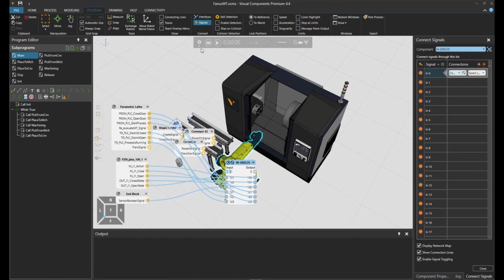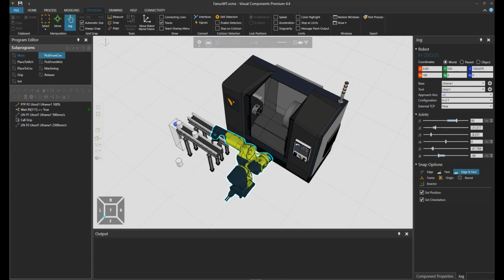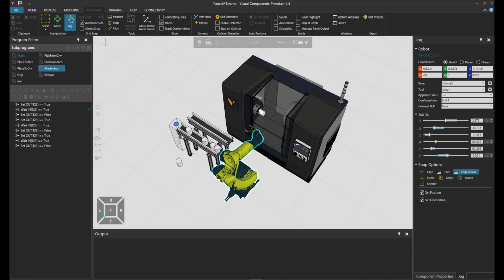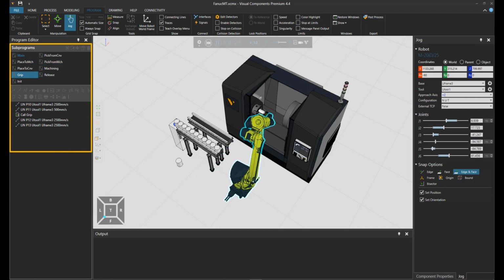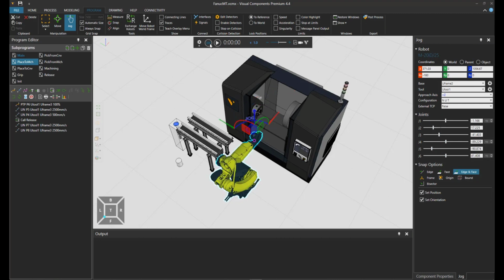We can now close the signal editor and run the simulation to see how the robot moves. So, this is the starting point of our exercise. Our goal in this exercise is to verify the FANUC robot program made in Visual Components by post-processing it and running the program in RoboGuide. While we run the program, we'll also be emulating the robot motions in the Visual Components layout. Here, you can see that the robot ends the work cycle and starts a new one. Let's pause and reset the simulation for now, so we can start the actual exercise.